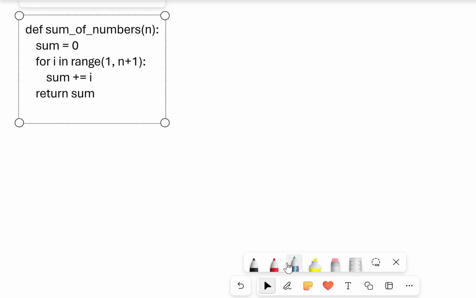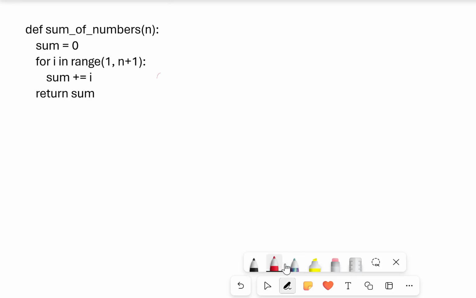Pause the video, give this a go, where I want you to turn this code into its recursive counterpart. Okay, so in order to do this, you need to understand really what's going on with this code. What we want to do is we enter in a number, let's say 4, so n becomes 4. And we're simply going to perform an addition, or this sum, or this loop, that amount of times, which would be 4. But we're starting on 1,